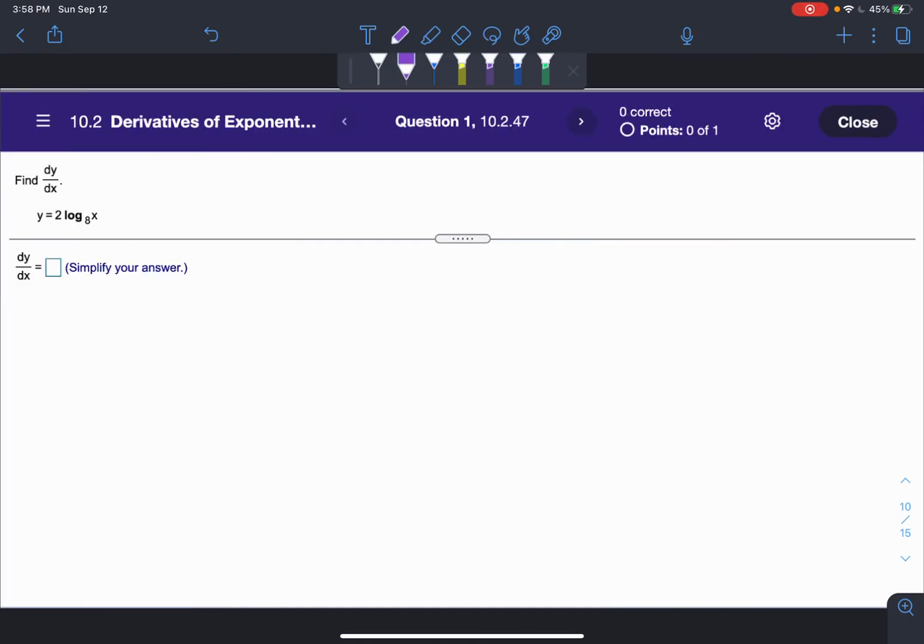Okay, so now we're going to do some derivatives of different logs and exponentials, but we were actually given, either in the notes or the PowerPoints, these little formulas that I would write down somewhere, just keep handy. So we see that we have a log of base b of x. When we have this form, the derivative of log base b of x is just 1 over the natural log of b